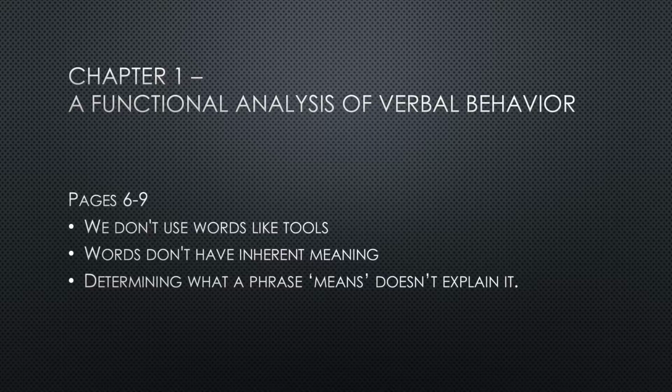For example, why might someone say it's raining outside? They might simply be commenting on it with the behavior reinforced by conversation about the weather. Alternately, they might be attempting to make the variable more salient, such that another person agrees that they shouldn't walk to the store today. Or perhaps they're actually asking for an umbrella. Determining what a phrase means doesn't explain its occurrence in the moment. Cat corresponds to the concept of cats developed by our verbal community, but why did the client just say that word?